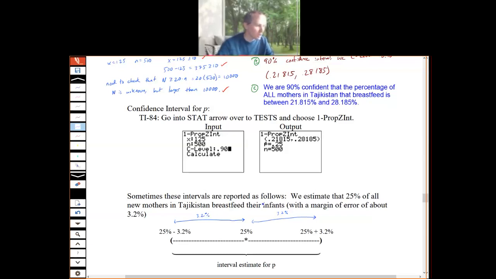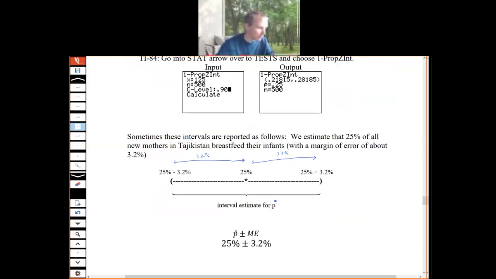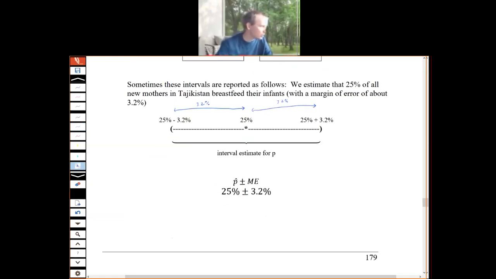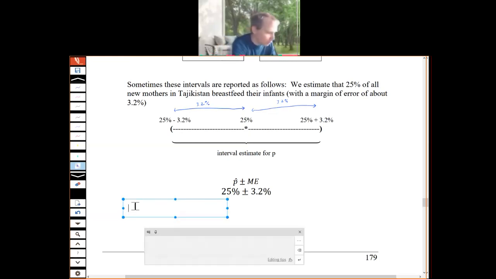That measures our margin of error. So another way that we could write our conclusion, instead of saying that our percentage is in between these two numbers, is to say that it is 25% with this margin of error. So another conclusion that we could give,